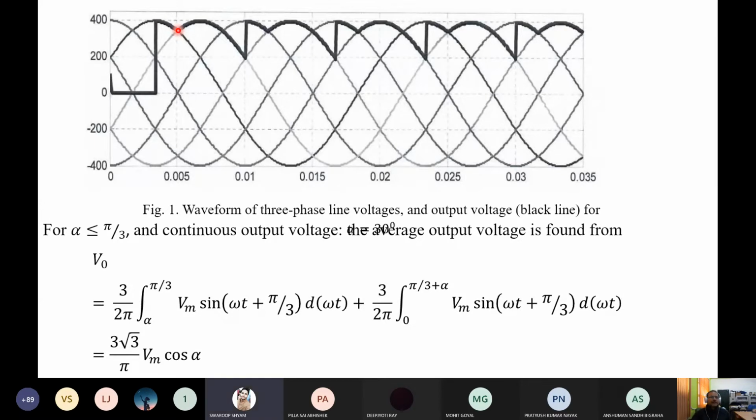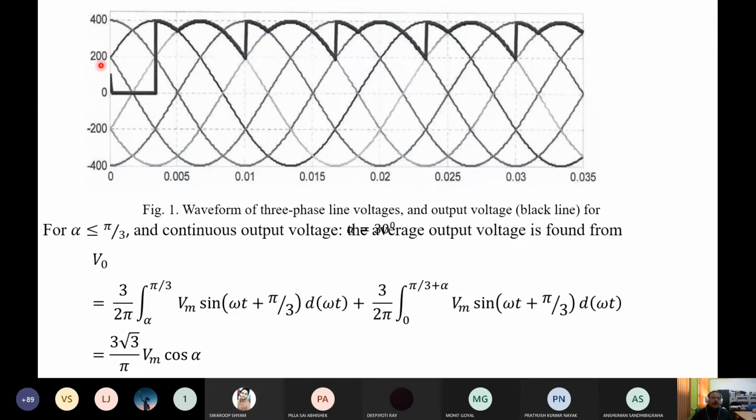Sir, you said the first meeting point is our alpha, as alpha is equal to 0. So omega t is 30, alpha is 0, because the line voltage is leading the phase voltage by 30 degrees. So the graph should start from that point, sir. Which graph? The one that you draw. The simulation, I could not take it in my hand. The hand-drawn one is there.